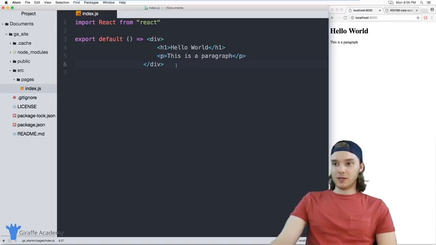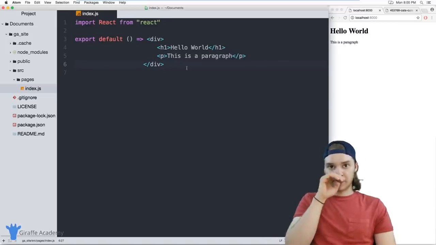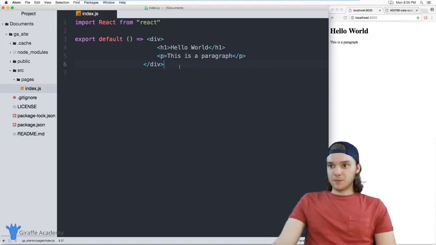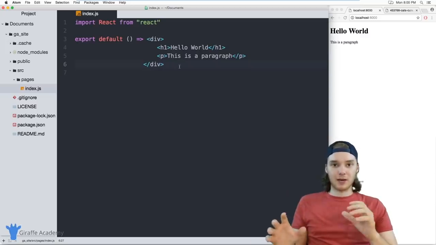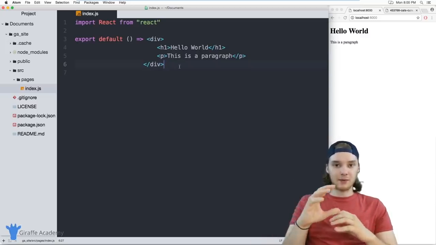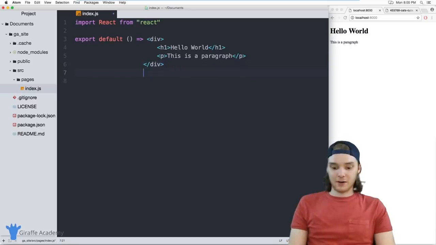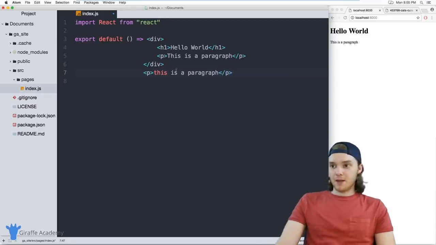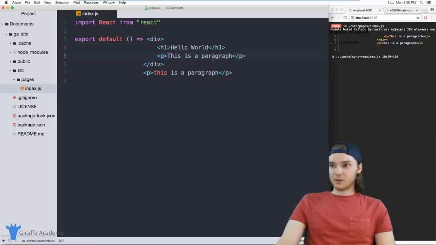Now, one thing that you need to keep in mind when you're writing content inside of these files is you can't have two HTML elements that are at the same level. So if I was to come over here and create a paragraph, and I created this paragraph at the same level as this div. These are what are called sibling elements. When I save the page, you'll notice that I get an error, and that's because it says you have adjacent